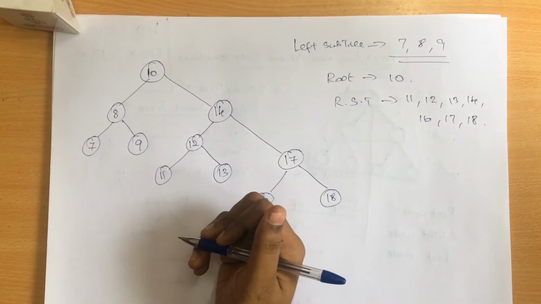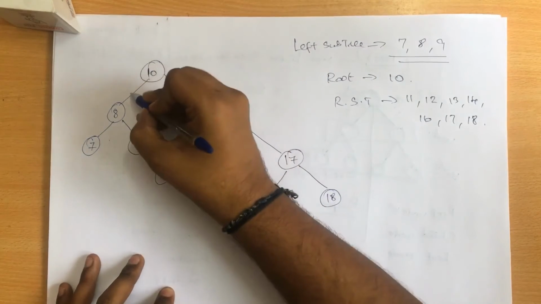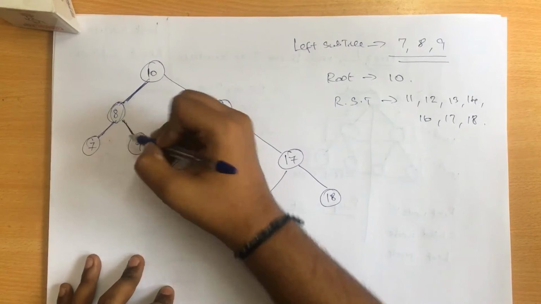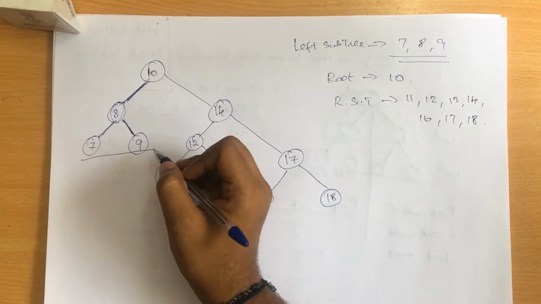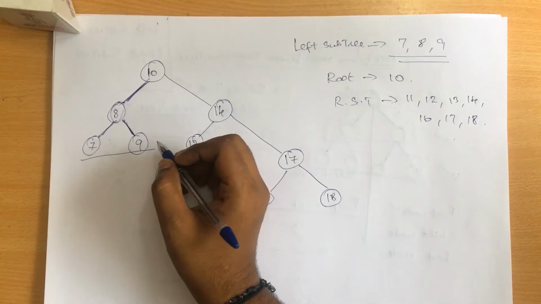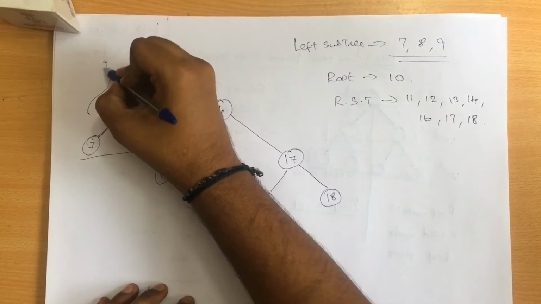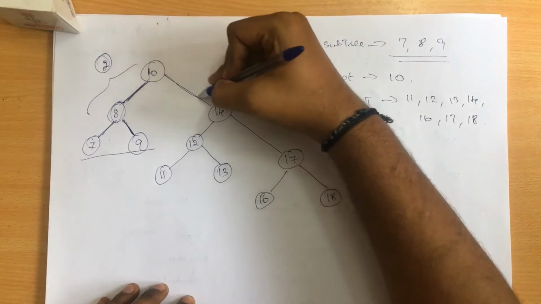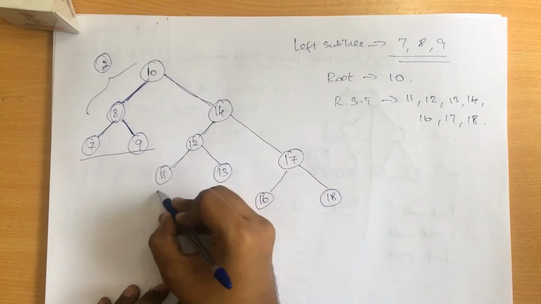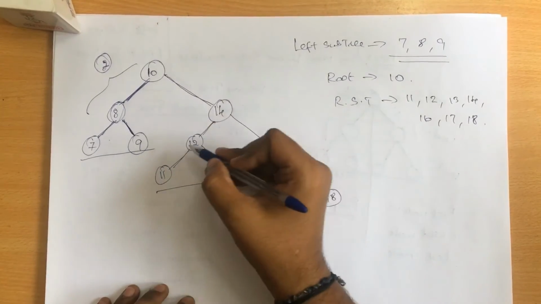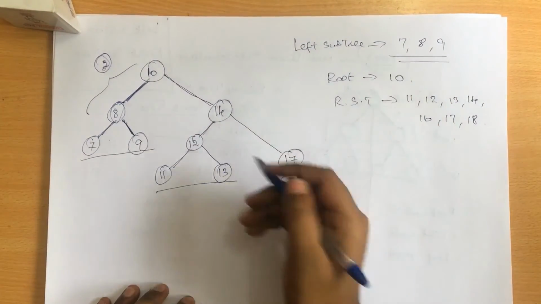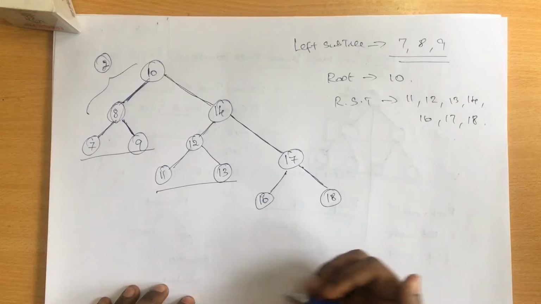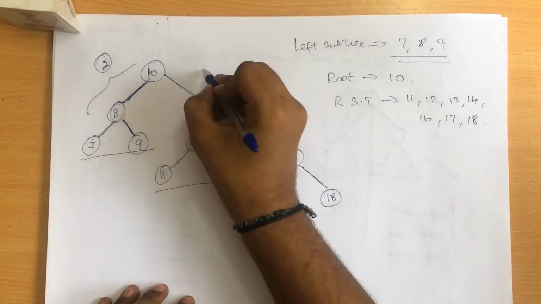If I try to find the height of the tree, first let's move with the left subtree. In the left subtree, I have one edge that connects the root node and the first child, and again I have one more edge here, right? So these two belong to the same level, so I can consider this as one single level for height. So altogether in the left subtree, your height is equal to 2. So the maximum height is equal to 2, and when I come to the right subtree, I have a height of 1, then 2, 3. So these two belong to the same level, so the height is 3 over here, and let's go with another path also. So 1, 2 and again 3. If you try to calculate this, the final height of the right subtree is equivalent to 3.